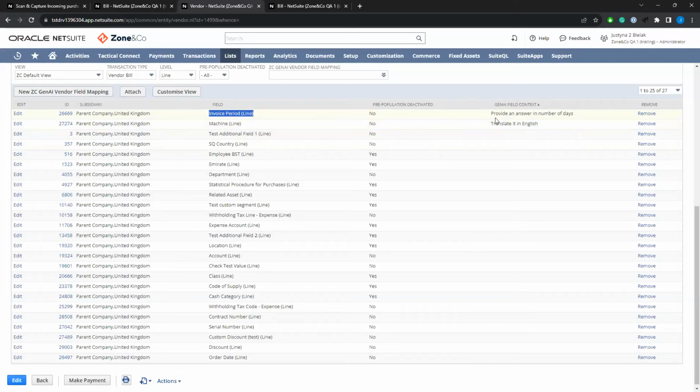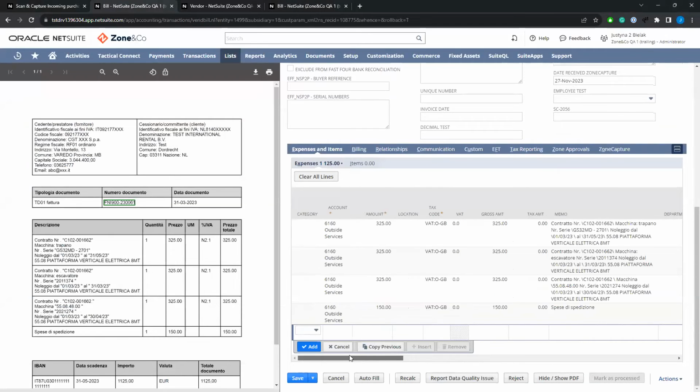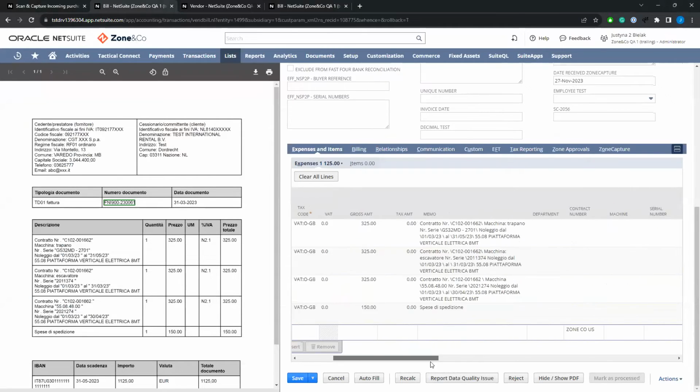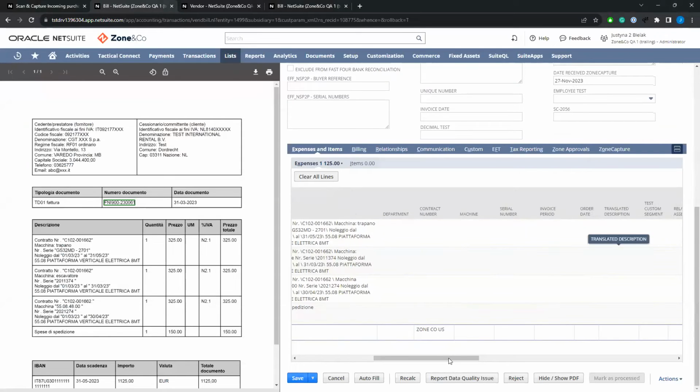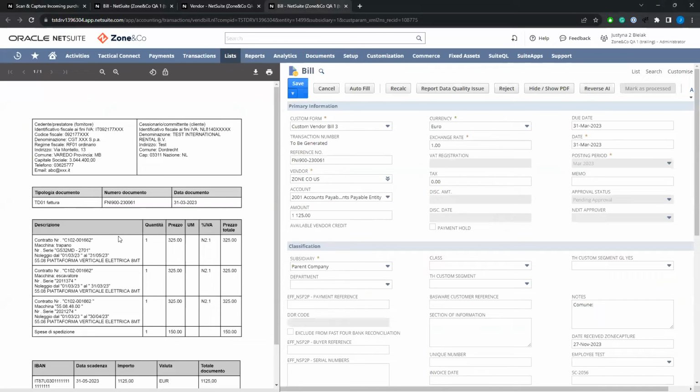And as in my example, we will be working with invoice period, where I would like to have an answer in number of days. That will be more clear when we see an example of when that actually happened. And for machine, I would like to translate it into English. So let's have one more time a quick look at the invoice without GenAI. So we have 4 lines created, all of them defaulting to the same GL account, and other custom fields or segments are empty. If we now process exactly the same Italian invoice